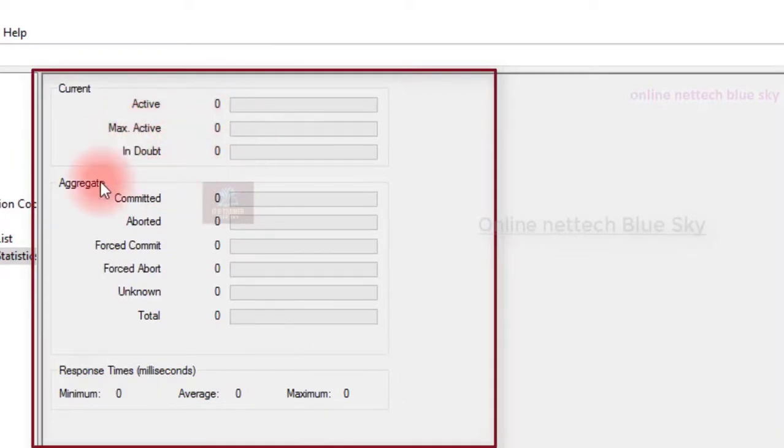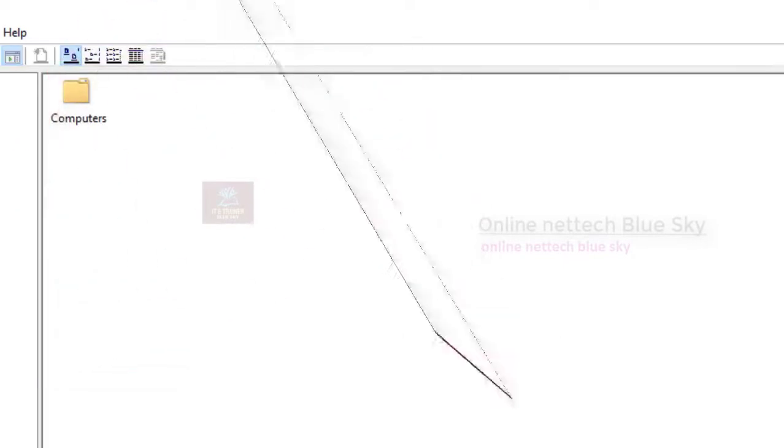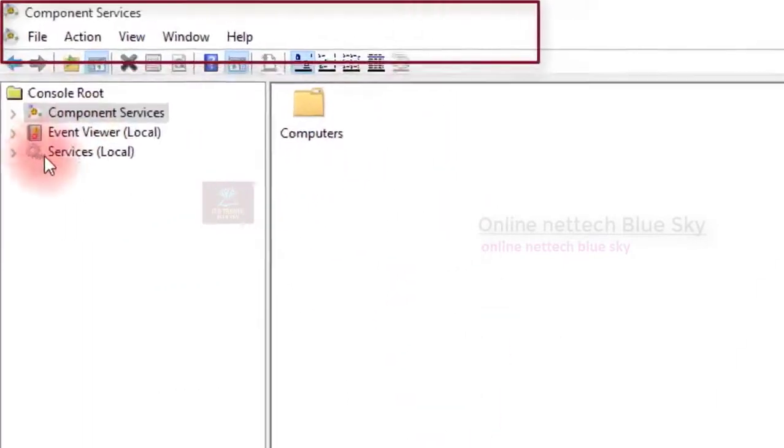So this is Component Services, and it works very well here. You cannot change much, but you can watch and analyze your systems, check your system services, and see different types of files available in your systems. So this is a very good Component Services under Administrative Tools, an administrator guide to Component Services and its different files. So this is a very good overview of Component Services facts.